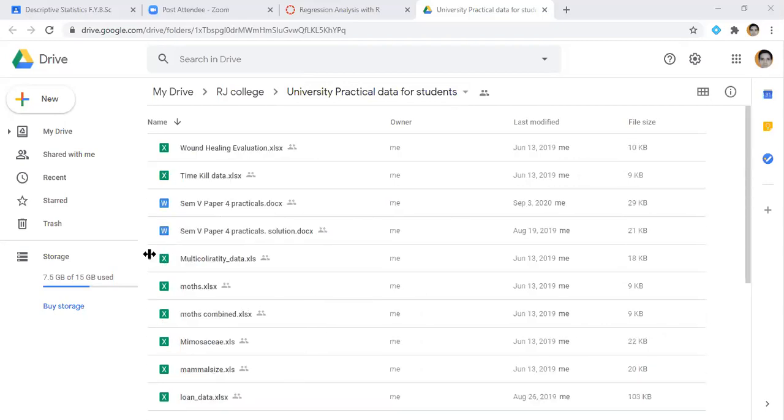I will get the mail, so just check it and let me know. You can access this data from Canvas. Ashish, you can access the data from Canvas.